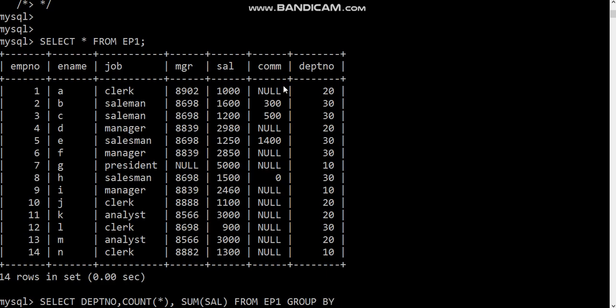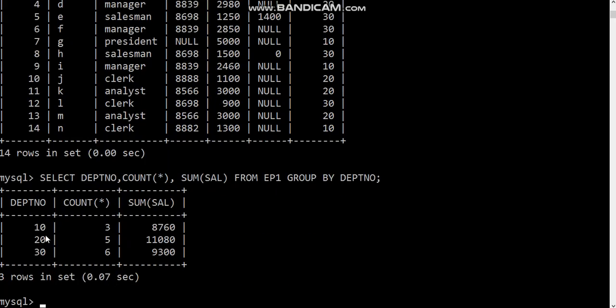I told you we should use the fields which have repetitive values, so it is better to use department number or job field. If we use another field, the grouping cannot be done properly on those entries. SQL will not give any error, but the answers will not be 100% accurate. Okay, then group by department number, DEPTNO.